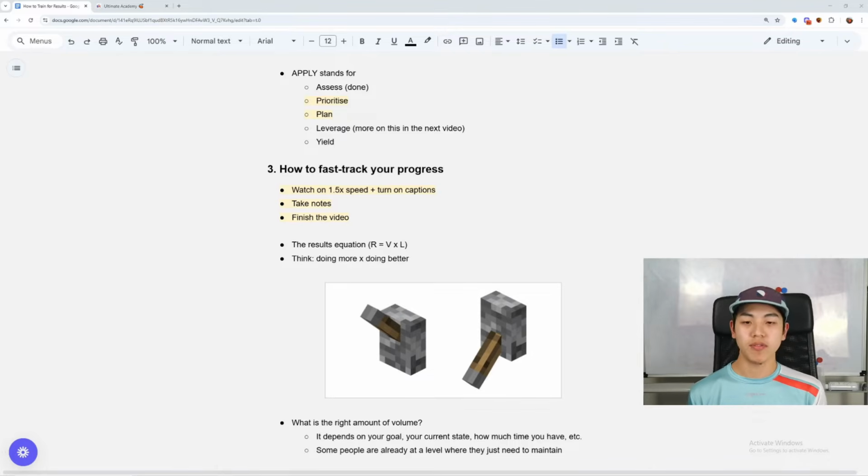So how can we fast track our progress when it comes to development in Ultimate? There are 2 main levers that we can pull when it comes to getting faster results, and these are shown through my results equation. What is my results equation? Well, it's R equals V times L. What do they stand for? Results equals volume, that is how much we do,